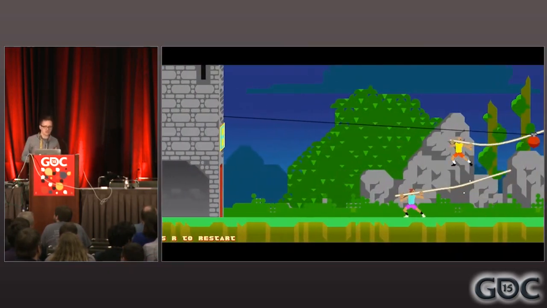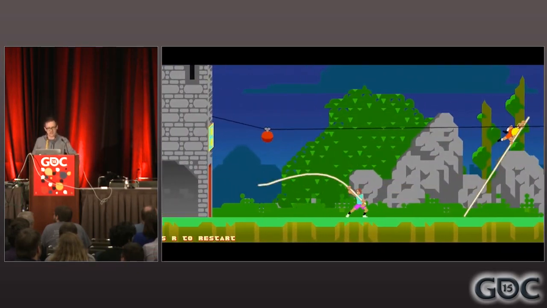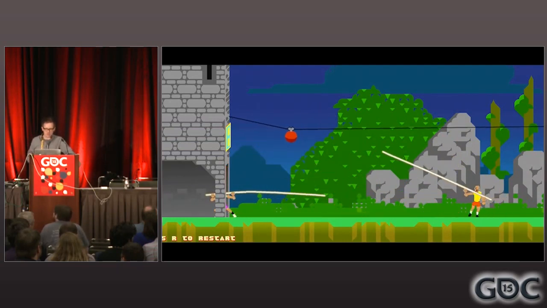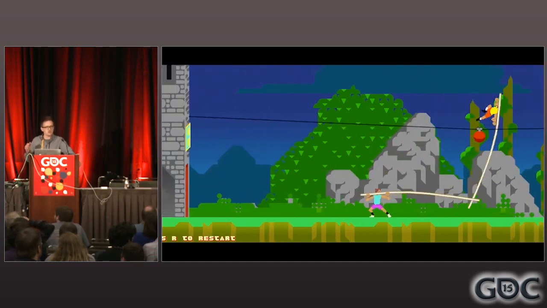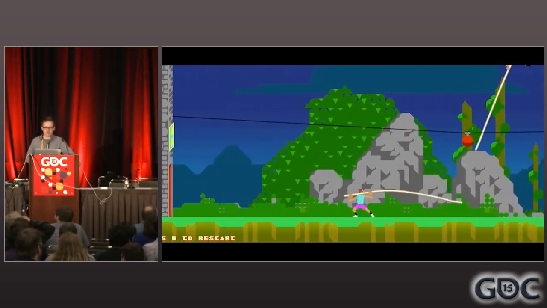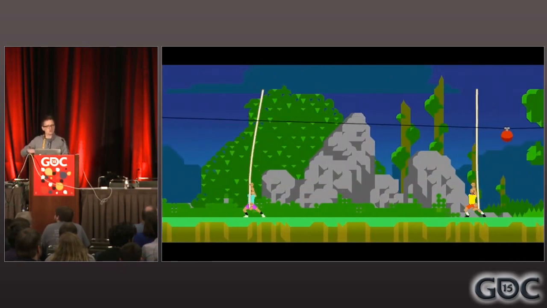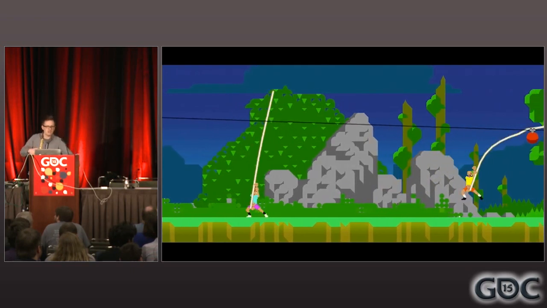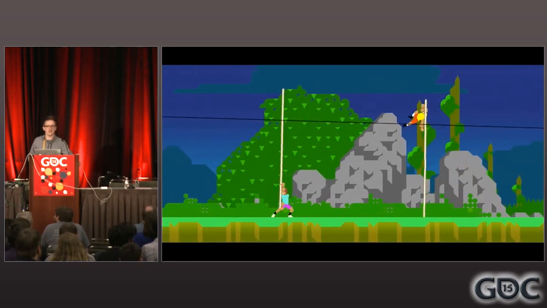The game itself is a gamepad redesign of an older Flash game I made called Pole Riders, a game that I thought had some pretty bad design flaws, I was really unhappy with. The original game is a browser game, so you're using digital keys to control the pole. And the way that works is you can only rotate the pole towards pointing up with the up key or towards pointing down with the down key. And it moves really slowly and I think inaccurately, and it feels unresponsive and very loose,